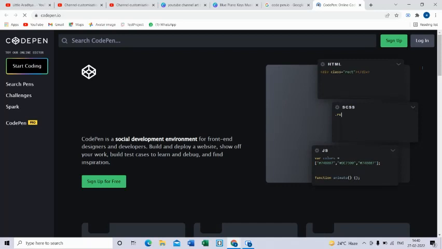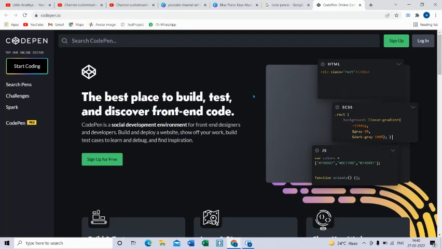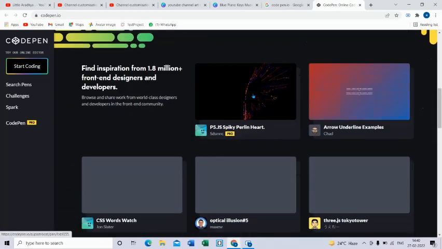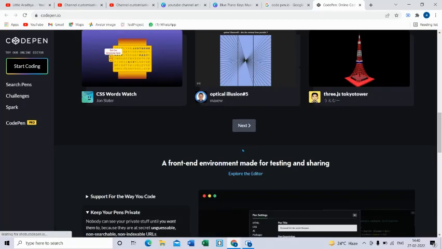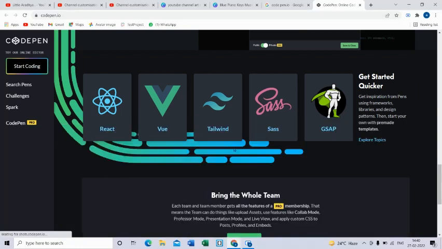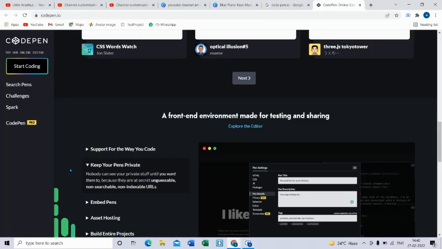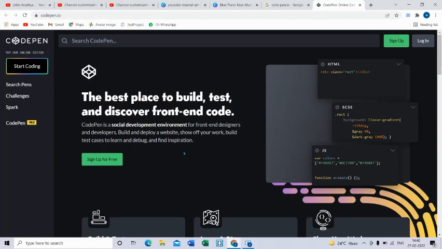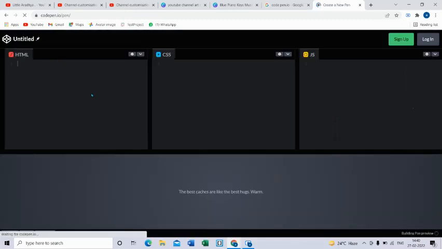Let me give you a little bit of a tour of codepen.io. It's a very good website for beginners to start making websites. This is very easy. Get started quick, get inspiration from pens, using frameworks, libraries, design patterns. There are some templates also, like a pre-made template. So you know the meaning of template: it will have the basic code, so you just have to make your edits. You just click on